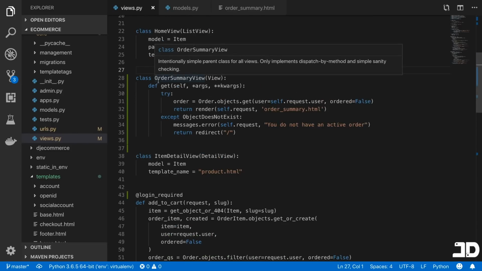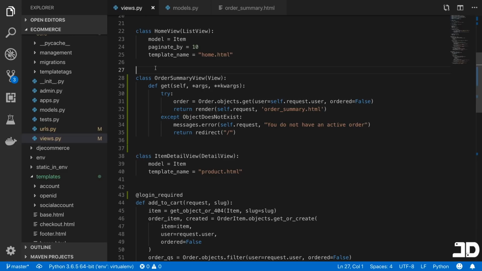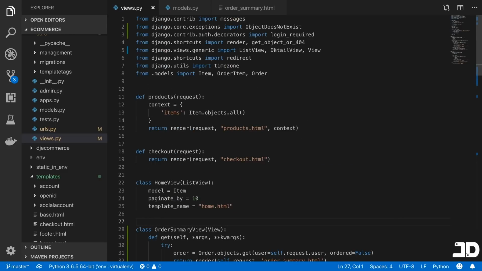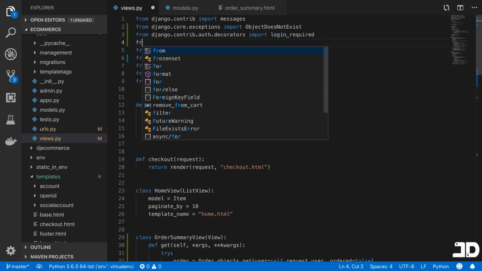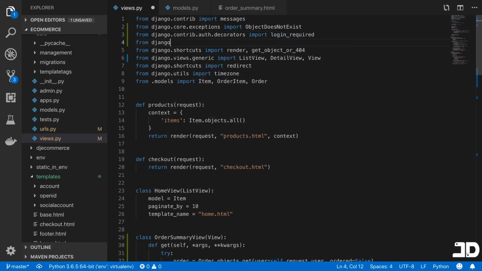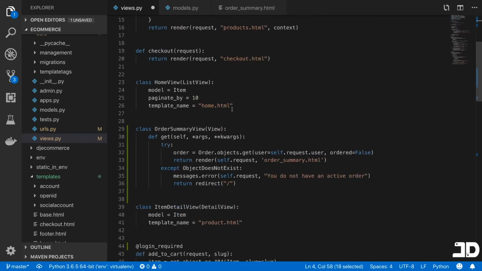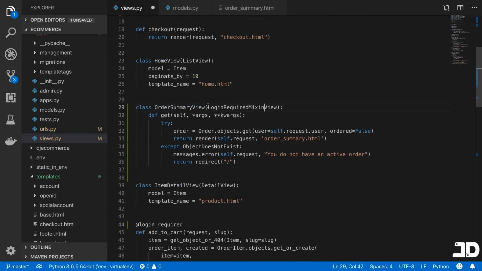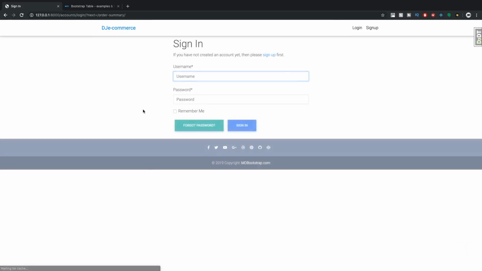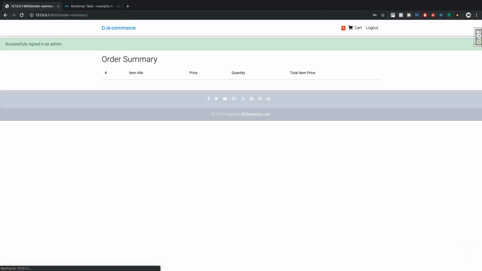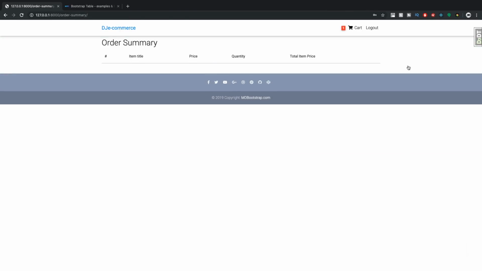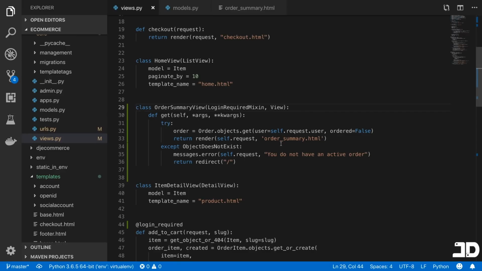Then for the order summary, we're going to need to do the same kind of logic, and we're going to use a mixin for this. And this is just almost from the same path. It's from django.contrib.auth.mixins, and we're importing the LoginRequiredMixin, and then we just come here and pass it in as the first argument that our class inherits from. So that now if we come back and refresh this, now it redirects us to the sign in page, and let's just sign in. So now we've signed in, and we aren't getting anything showing there,